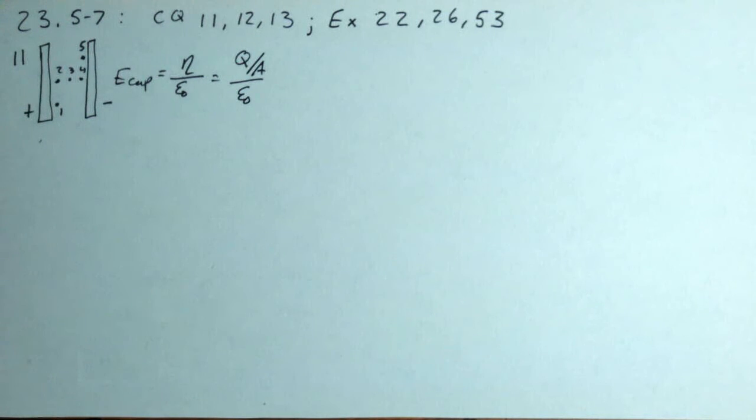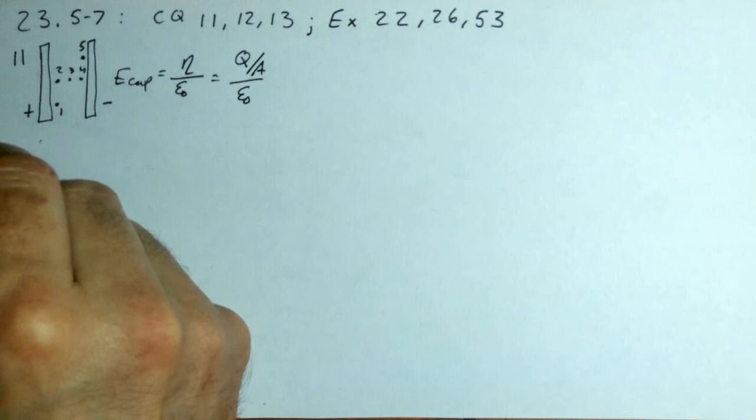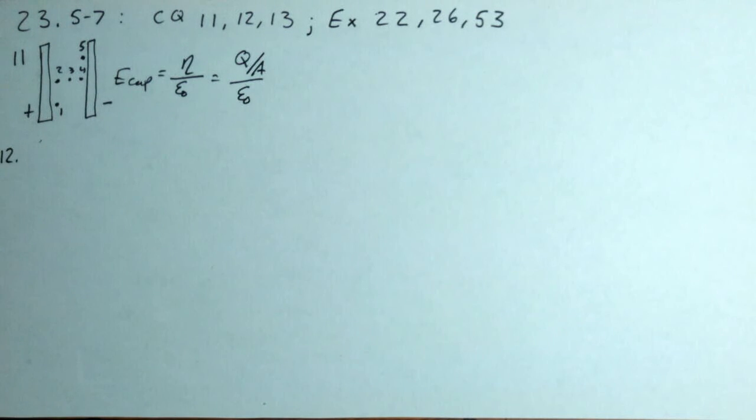Okay, so assuming that you've tried to solve that problem, you may have some questions. Again, thinking about what is the main idea. So 12 says, well, you've got this capacitor in an initial state and a final state. They're made up of square plates with side length L, and the plates are separated by a gap D. Right, and the plates are given charge plus or minus Q. So what is the ratio E final to E initial